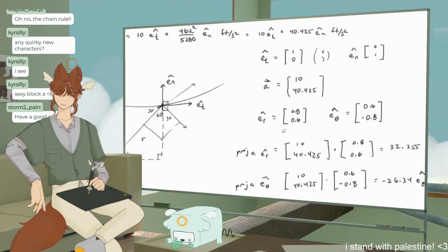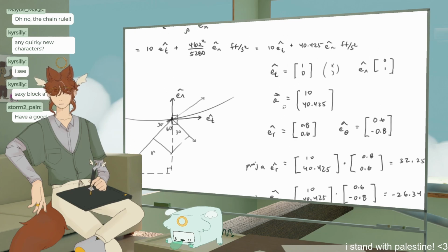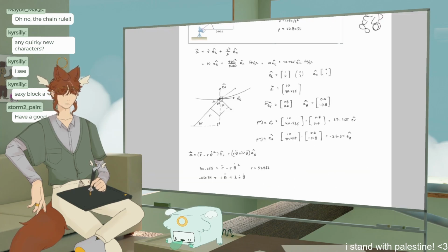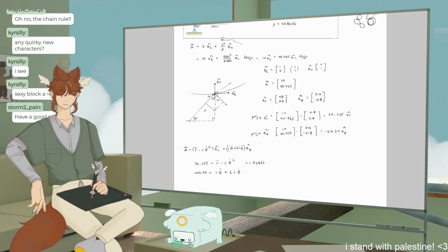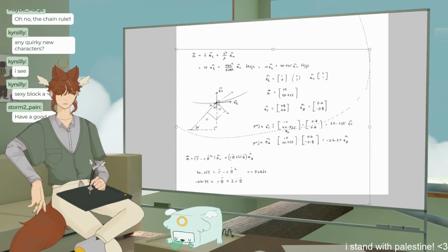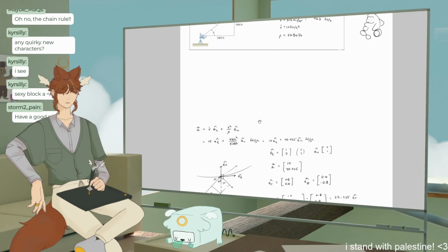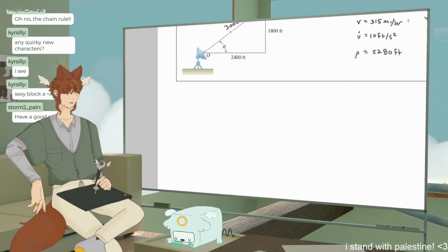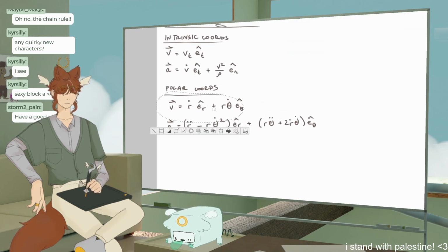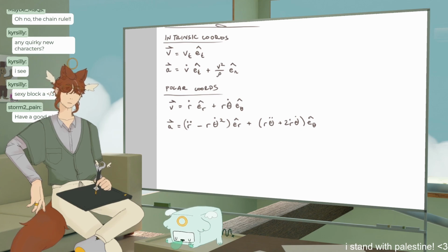So I found the acceleration, but I also need to find the velocity, actually. Funny story. I did all this, which is great, but I need to find the velocities before I do this. So I'm just going to bring this whole thing down, and we'll do that after I find the velocities. I can plug them right in there, so that should be fine. Okay, so our velocity in this one is right here. R dot ER, so we need to find, wait, why did I not write